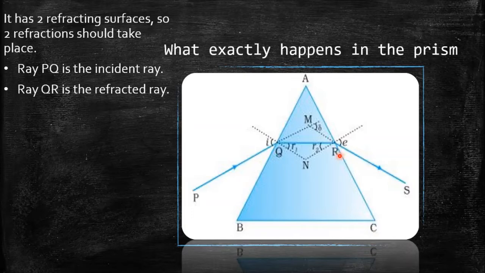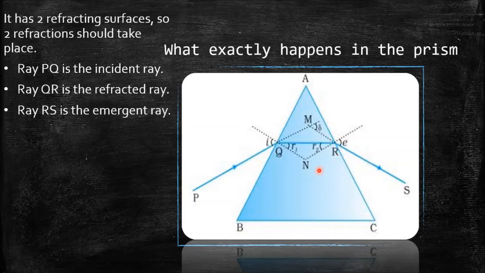Now, what will happen at, let's say, interface AC? Because now the light is trying to pass from the glass prism to air, it is going to bend again, right? But this time, no surprises. It is going to bend away from the normal, correct? Because it is traveling from a denser medium to a rarer medium. Thus, we clearly see that the ray RS over here is now the emergent ray. Why do I call it the emergent ray? Obviously, because this ray is emerging from the glass prism.